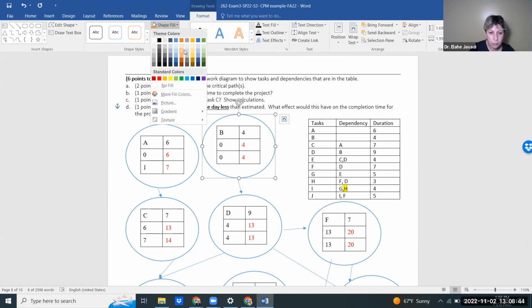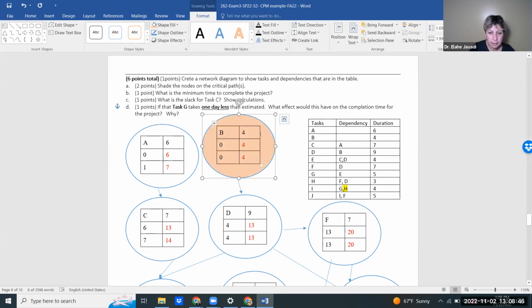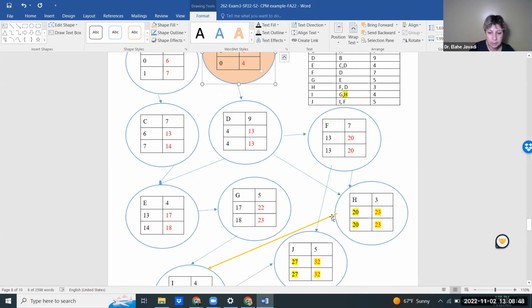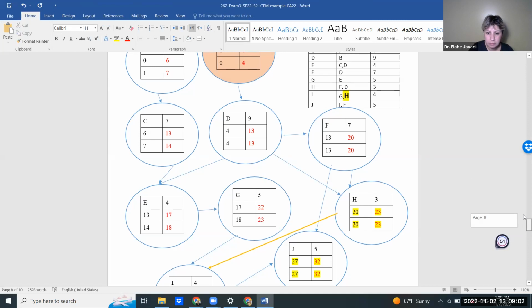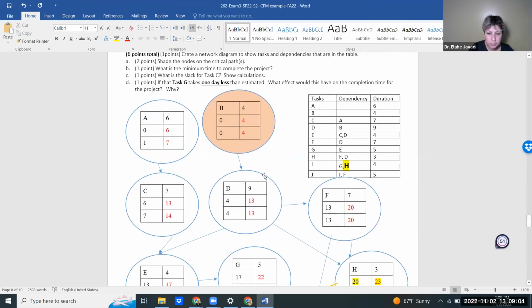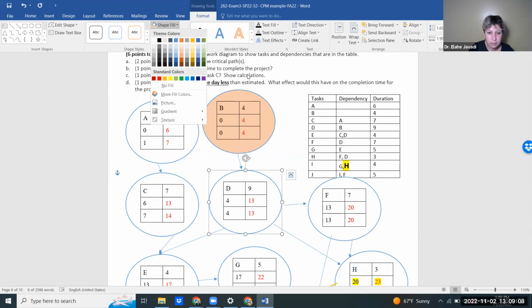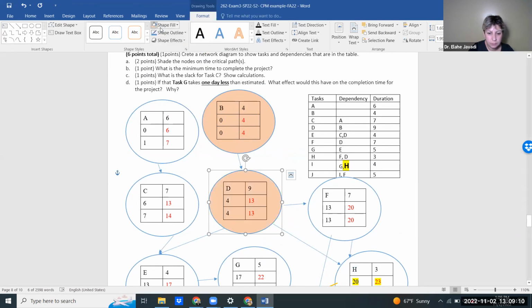So I'm going to do one at a time. And with that change that we made, remember we created this change, I'm going to highlight that we added H as a dependency for I, because our network was broken. We fixed that. So B, this one, I'm gonna just D,